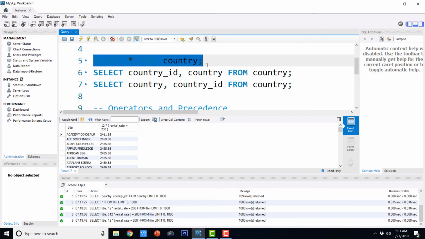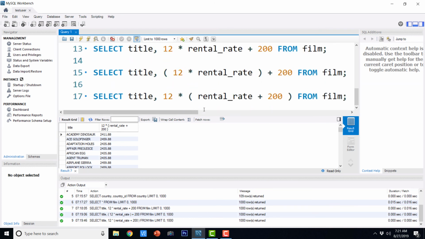I want you to go ahead and practice by modifying these queries and then checking the output. A PDF corresponding to all these queries will be there in the downloadable section of this particular lecture. You can refer to that PDF, copy the queries from the PDF and execute them as they are, as well as modify them to see how the output changes when you modify the queries.